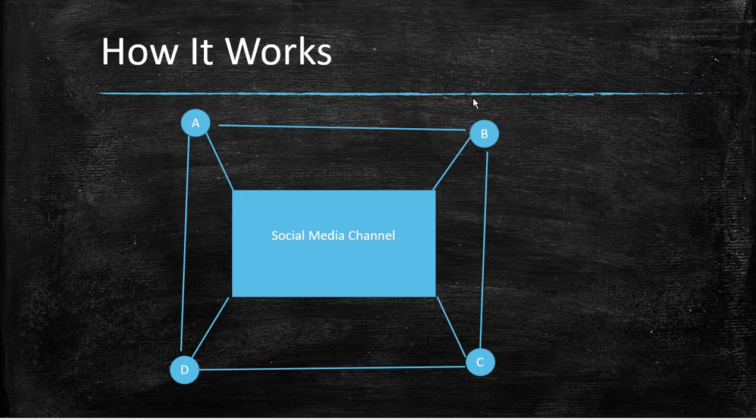If you are a marketer, you can communicate about your product and services on this platform, which can be visible to your users B, C and D. Based on the information you have provided, your users can provide feedback to you. They can engage with you with positive or negative comments, with like or dislike, or they can share your product and services with others in the form of the content which you have provided on this platform. This is how social media works. It's more about interaction and engagement with your users and with others.